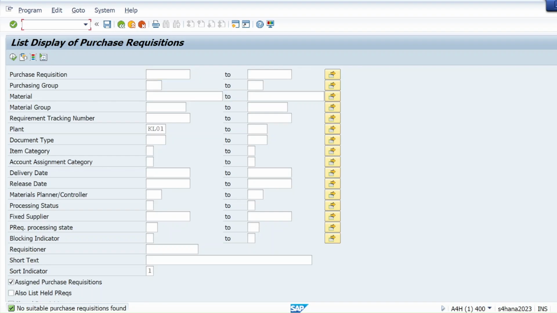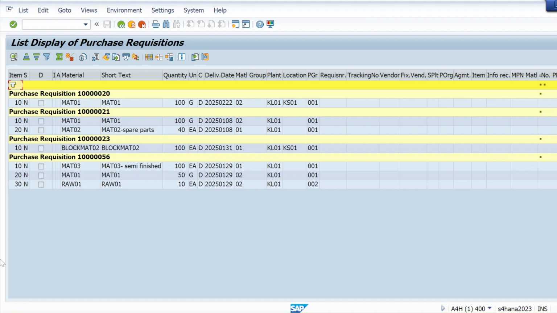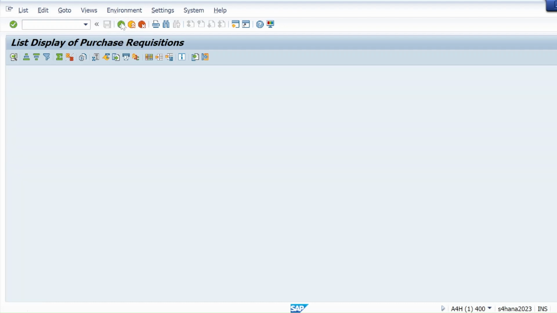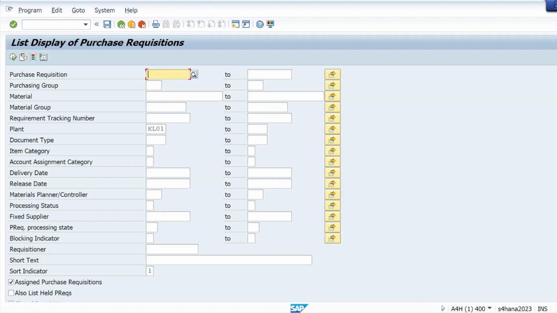It's not showing, it's not working, I guess. Yeah, so from here we can see, right, this is for standard, this is for NB.